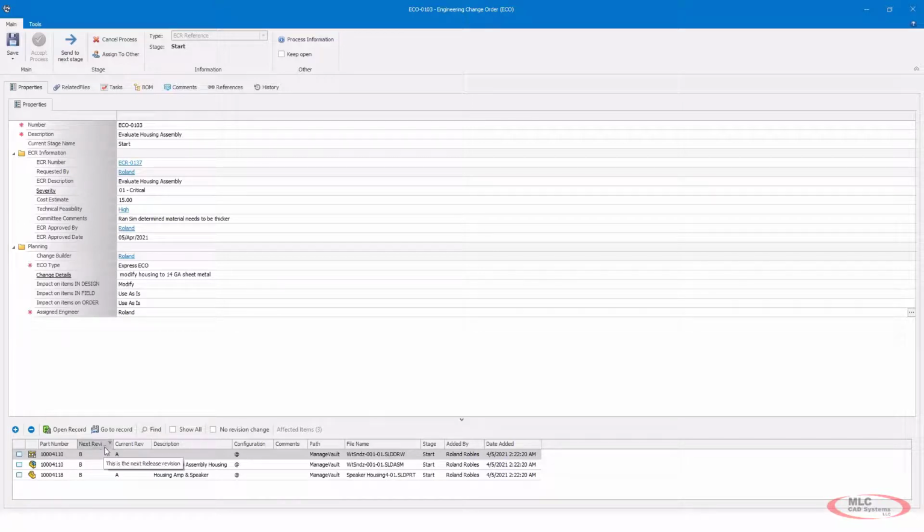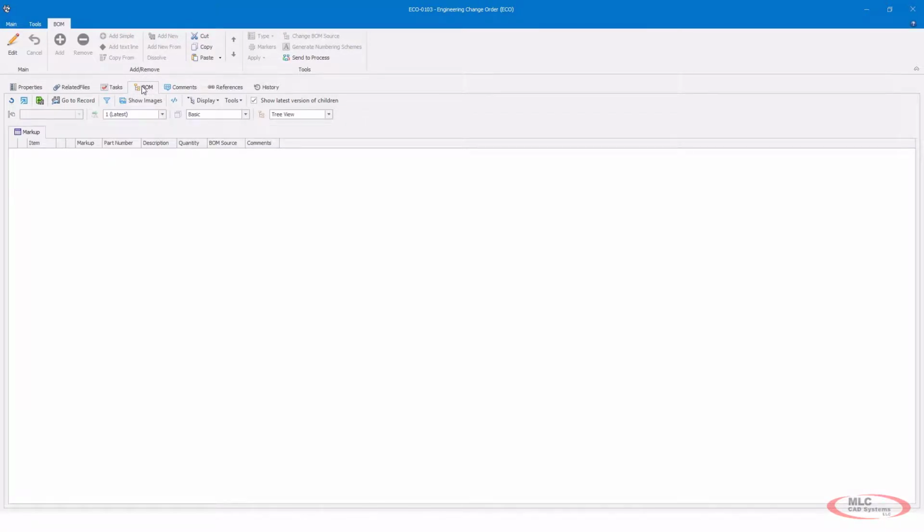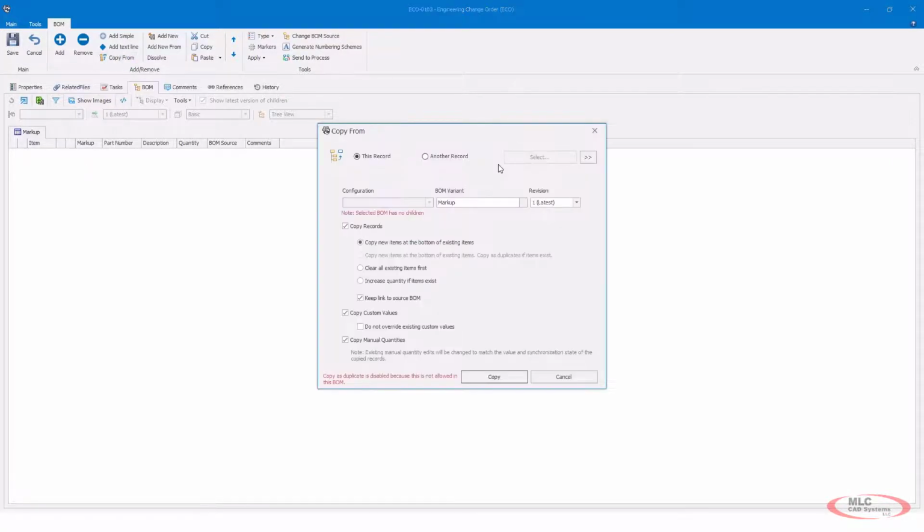Now, along with that, I want to give our manufacturing team a better visual of what's actually going to be happening to the bill of material. So what we're going to do is come over here into this bill of material tab, and we want to give everybody in the organization a visual of what's changing on the bill of material. So I'm going to tell Manage I want to copy a current bill of material from the actual product that we're currently creating,